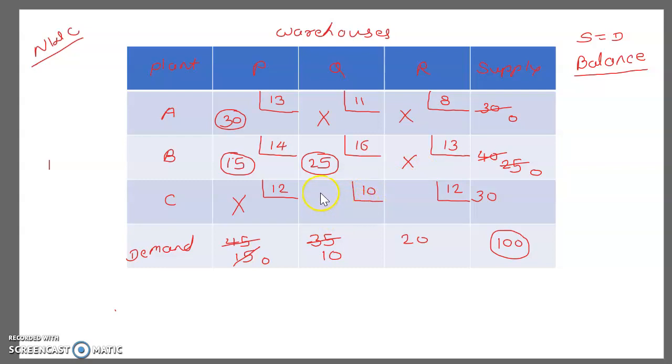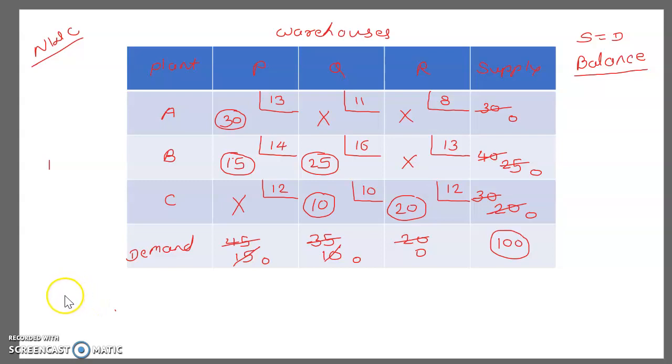Right now, this is our northwest corner cell. The demand of this cell is 10 and the capacity is 30. So put here the minimum amount, that is 10. So I have put here 10. So finished, 0. Here the balance is 20. Right now only 1 cell is remaining, that is our northwest corner cell. The demand of that cell is 20 and the capacity is also 20. So I am going to put here 20. So we have finished, this balance is 0. Also finished, balance is 0. So this is our final allotment of the transportation table.